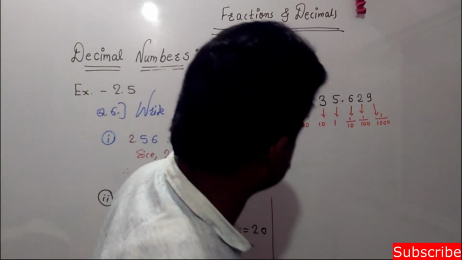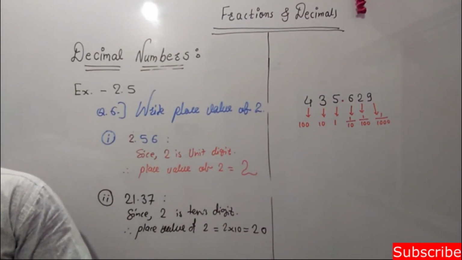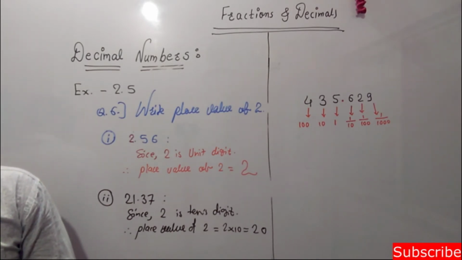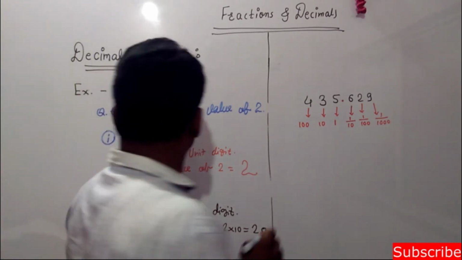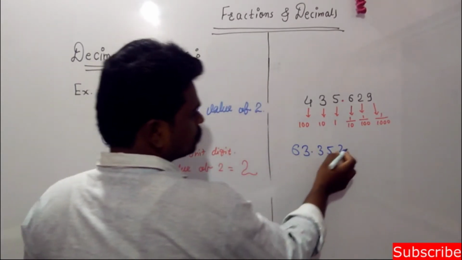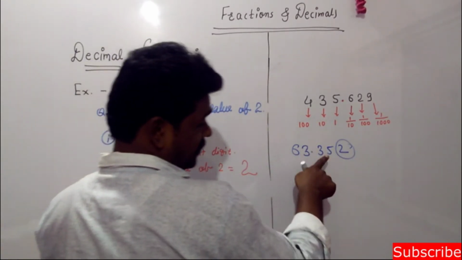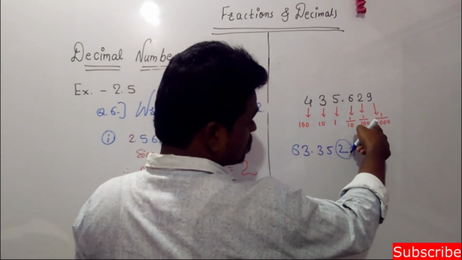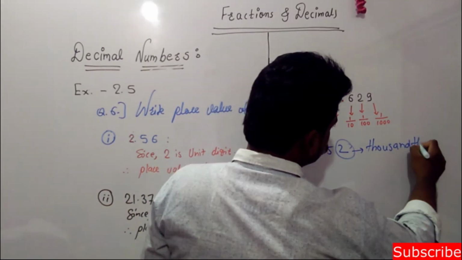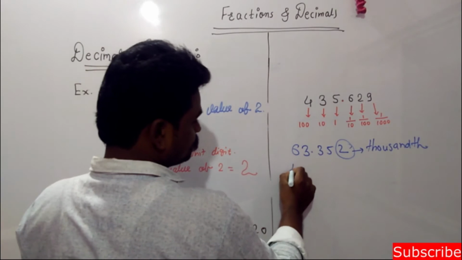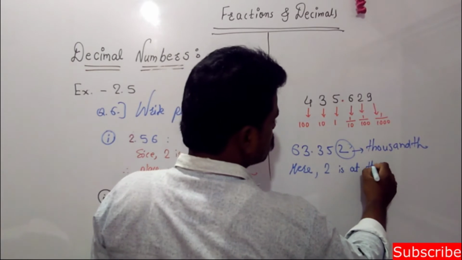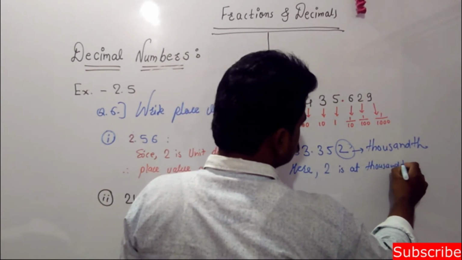The next problem is 63.352. Now here this is my 2, but at which digit is it? It is at the thousandth digit. So here 2 is at the thousandth digit,